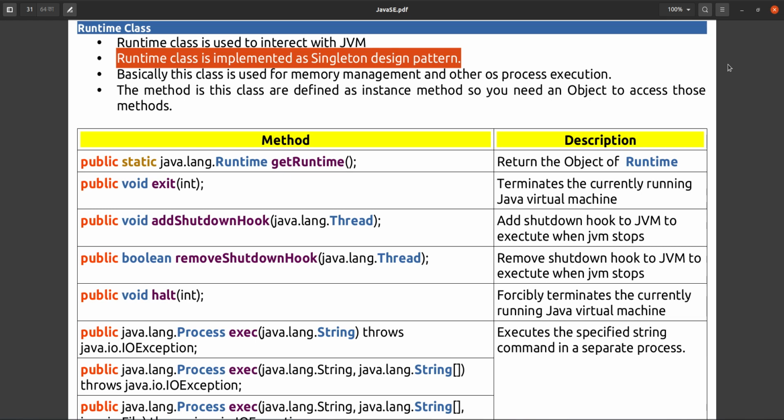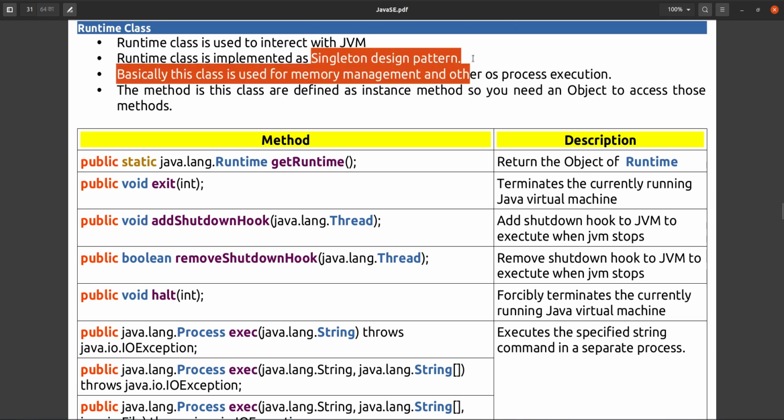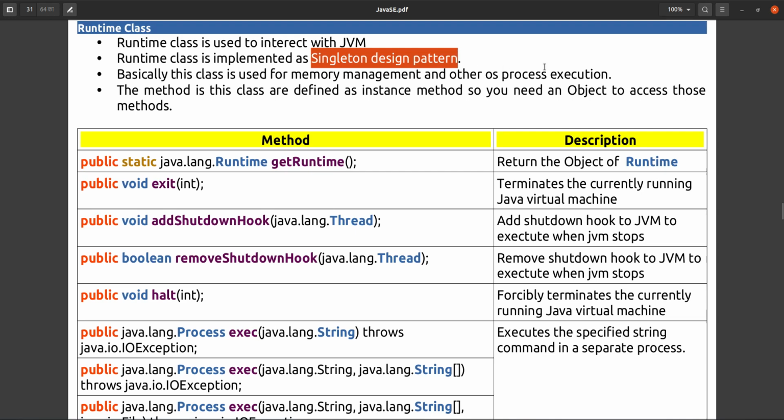But if we want to restrict it so that only one object should be created for that class, then you have to follow the singleton design pattern. The singleton design pattern allows you to design your class in such a way that the developer can create only one object.